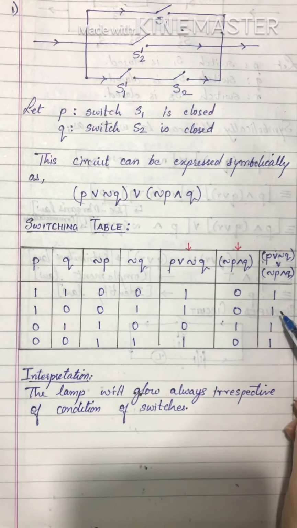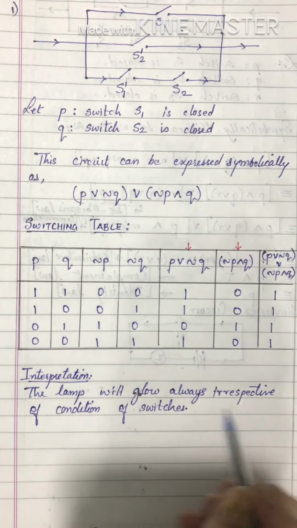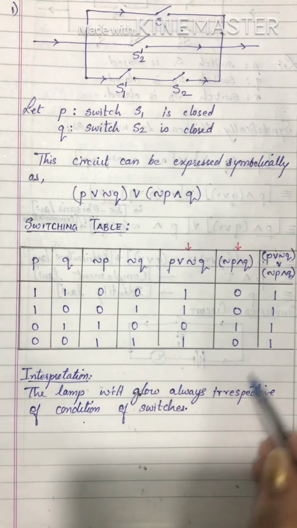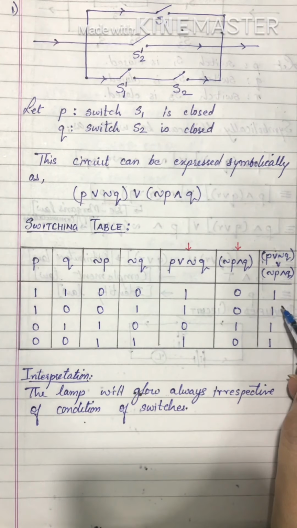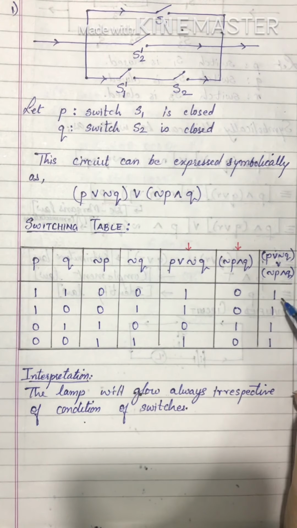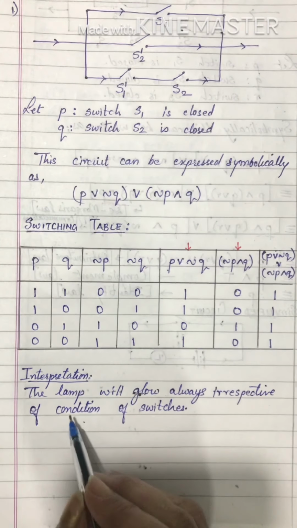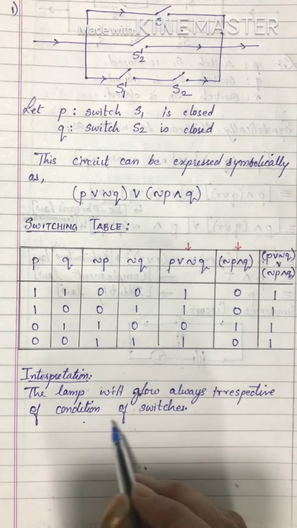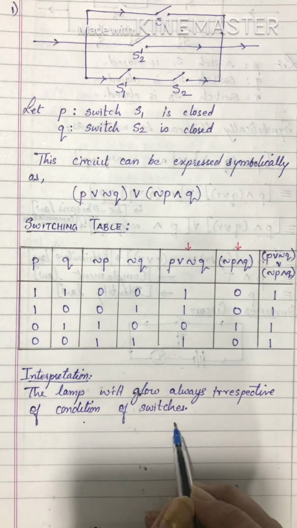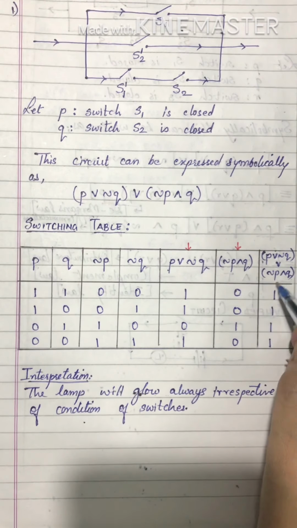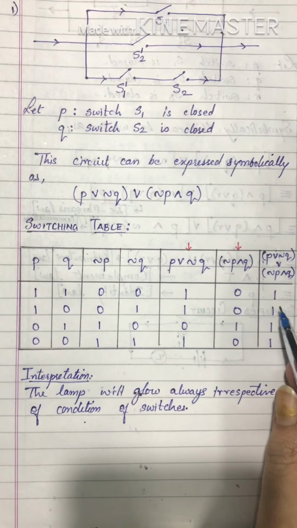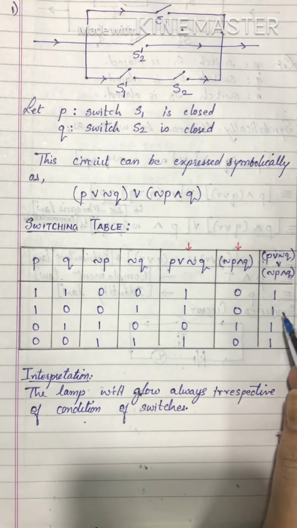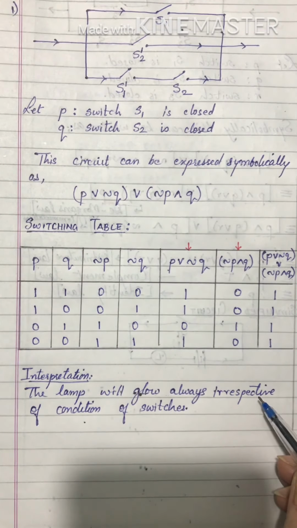Now this is understood: when all the values are 1, we will say the lamp will glow irrespective of the switches' condition. And maybe this is also understood now that if we get all the values as 0, we will interpret our answer as the lamp will not glow for any condition of switches, in case the last column gives us 0 in all the values. But what if we get mixed answers? So let's take one example of this sort.